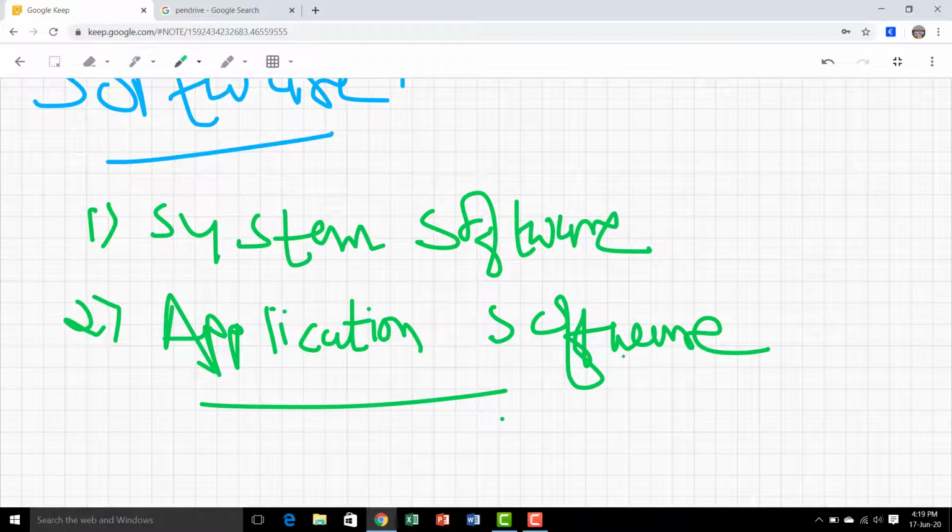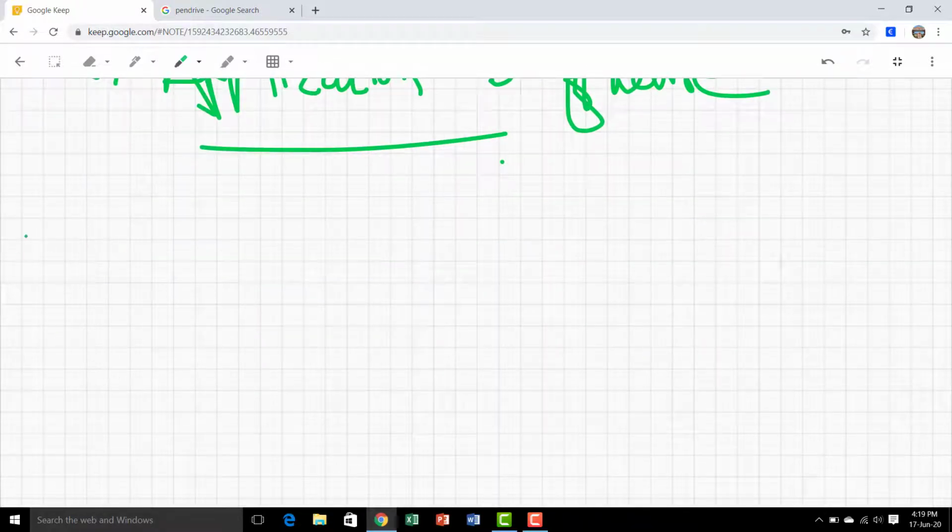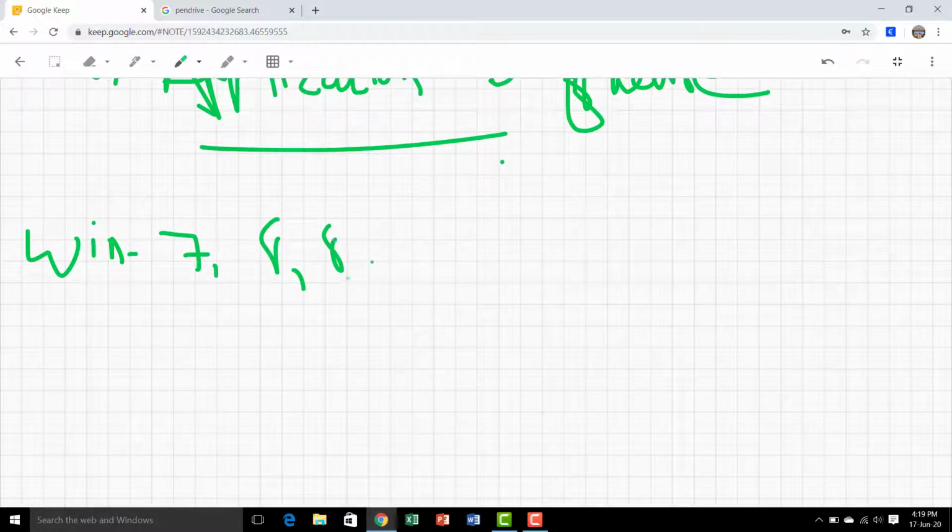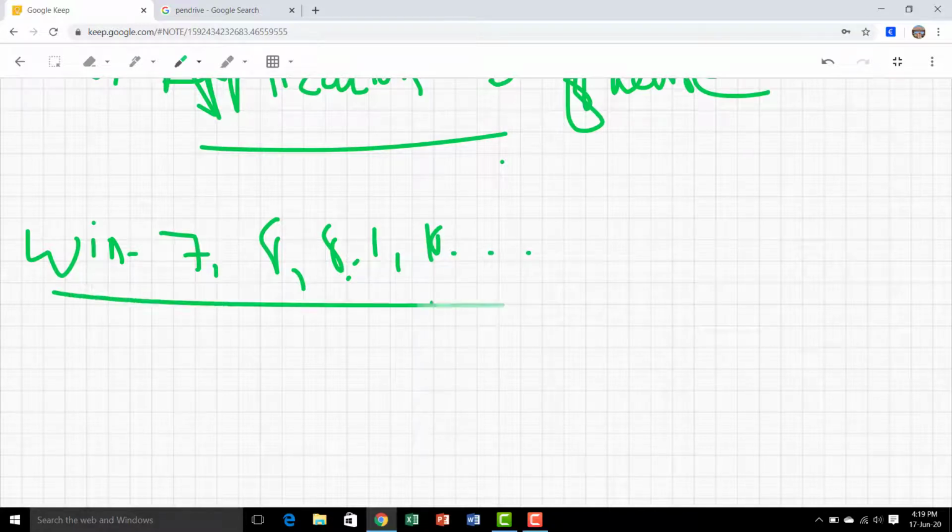There are basically many operating systems, like Windows 7, 8, 8.1, 10. These are the Windows operating systems.